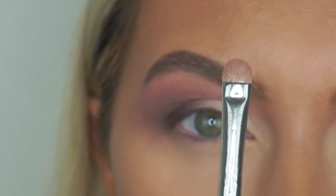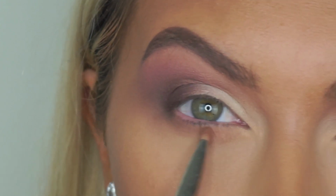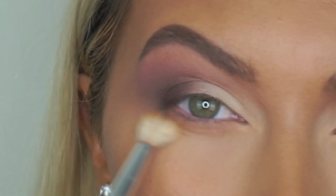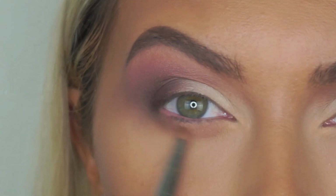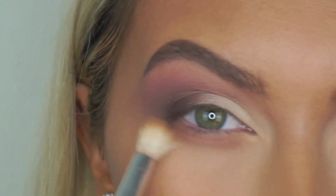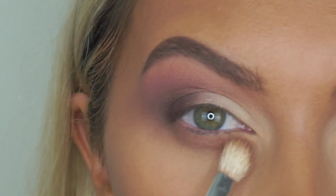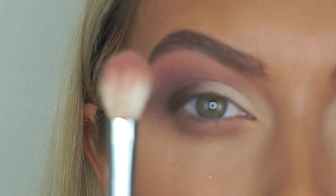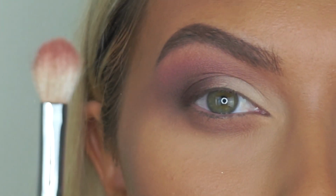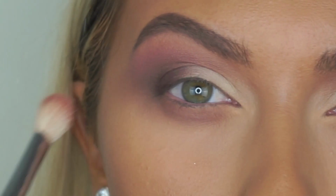Now on my MAC 239 brush, just picked up a little bit of Birkin by Anastasia, which was our first transition shade. Just going to run this underneath the eye, buffing out as I go. Now I'm taking the light Inglot colour that we used, and again just buffing out as we go. And then just taking 327, which was a slightly deeper Inglot brown. And then with the brush that we used to pick up the pink eyeshadow to place through the socket, with whatever is left on my brush, I'm just going to drag that underneath the eye, just to give us a